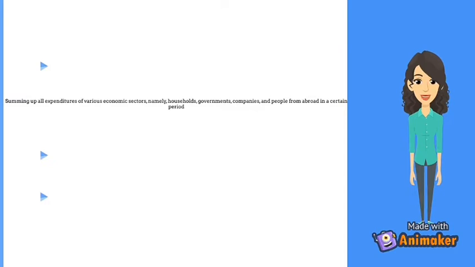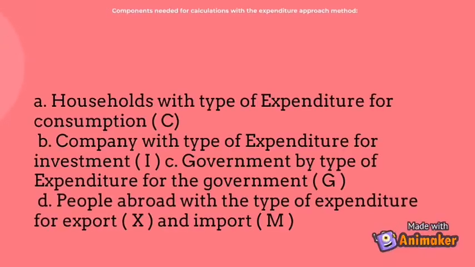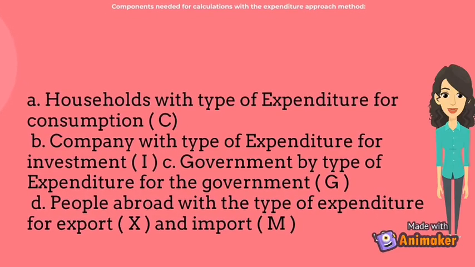Three. Approach with expenditure method. Summing up all expenditures of various economic sectors, namely households, governments, companies, and people from abroad in a certain period. Components needed for calculations with the expenditure approach method. A. Households with type of expenditure for consumption, C. B. Company with type of expenditure for investment, I. C. Government by type of